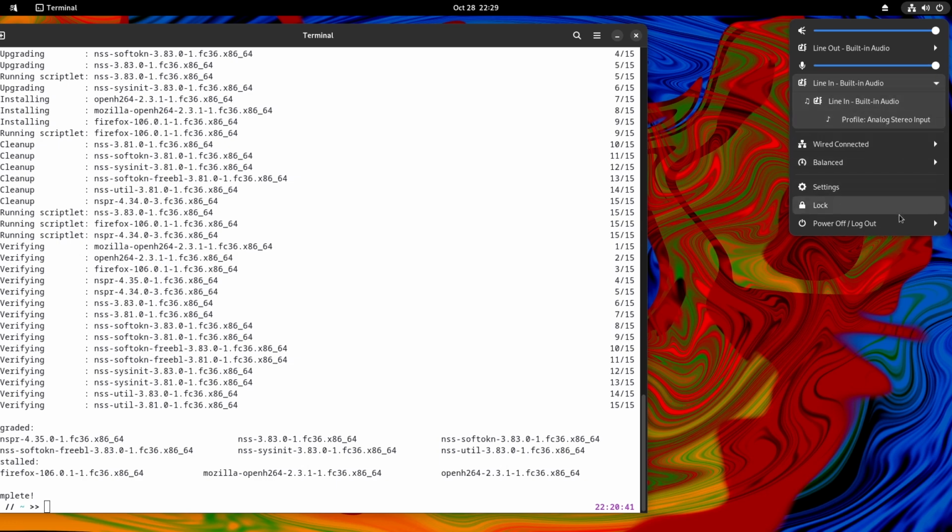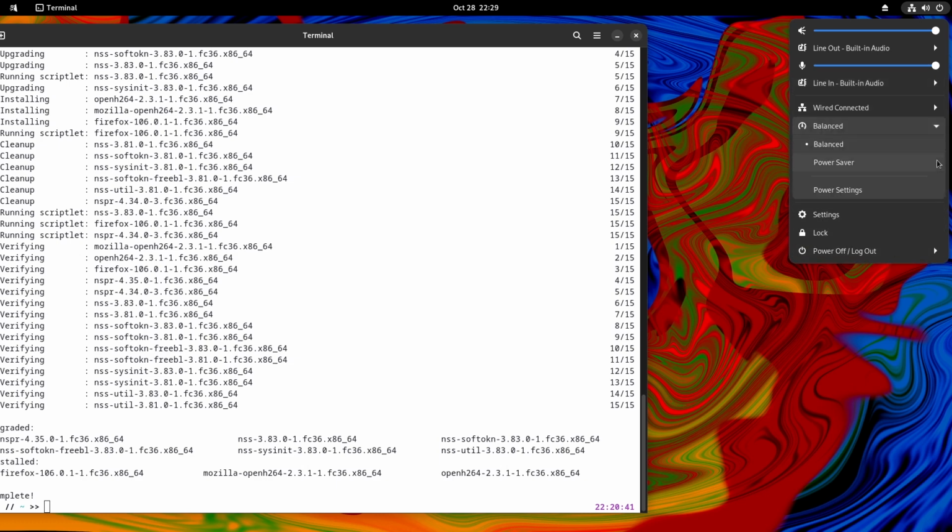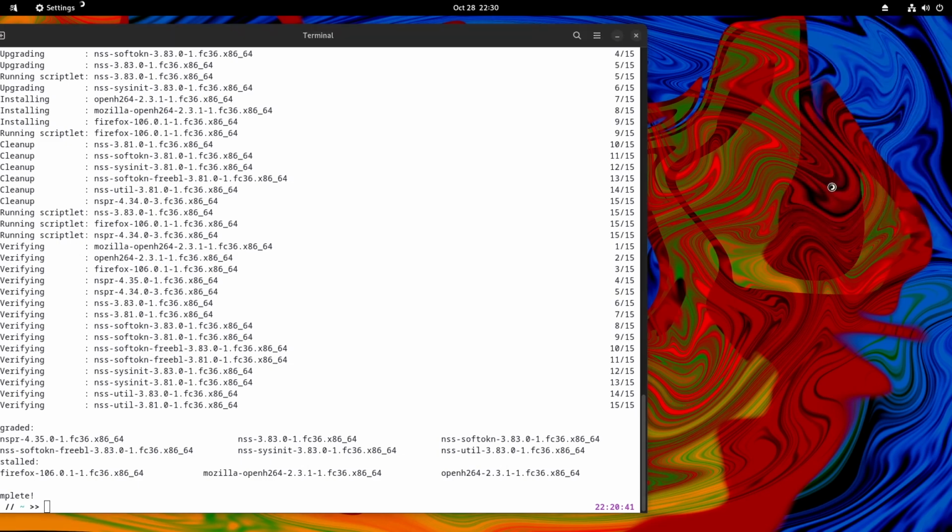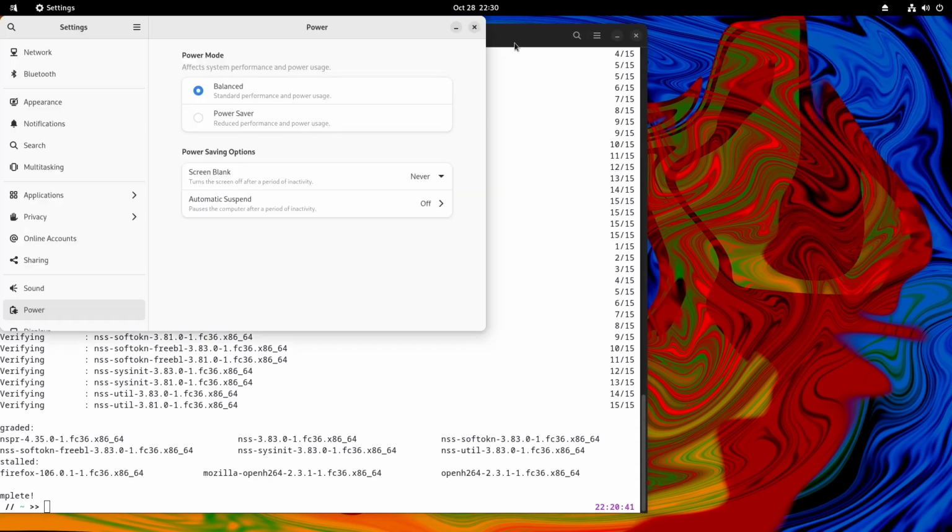Okay, and then this is the power settings. It's like shortcut, I think. And then we will go to the settings menu.